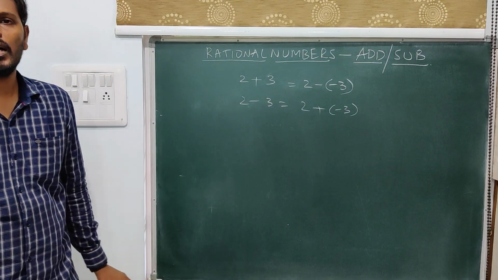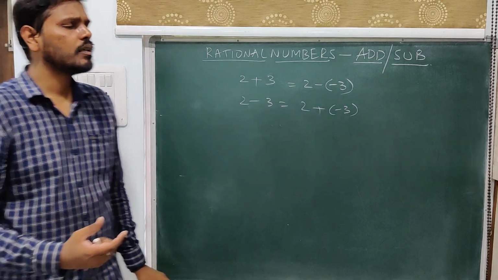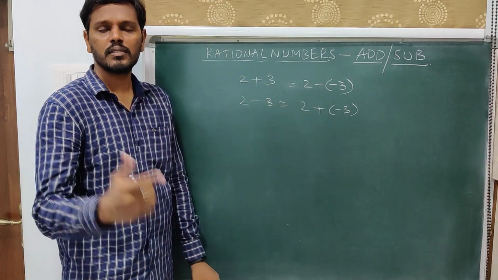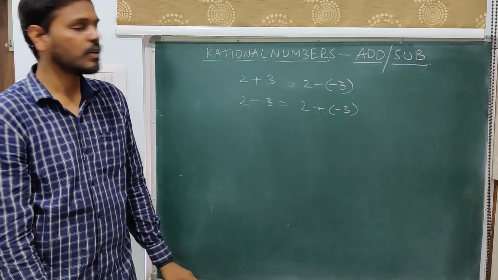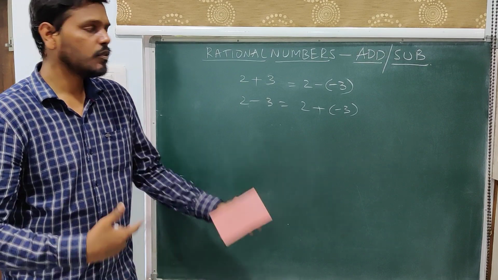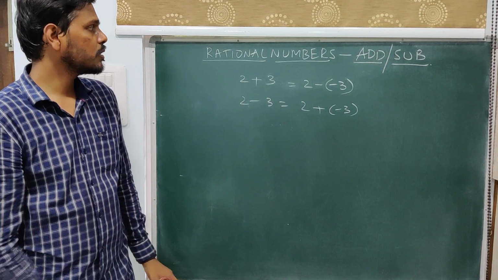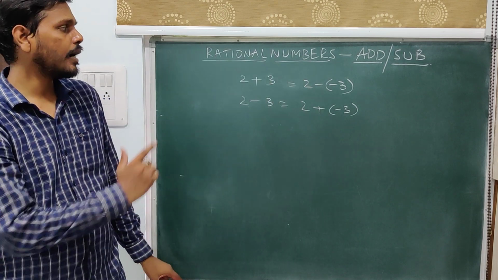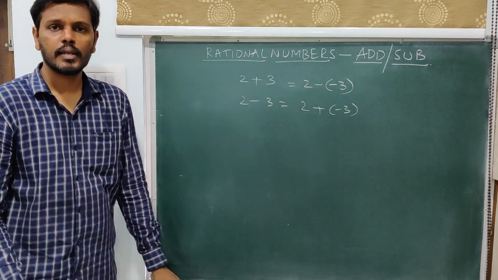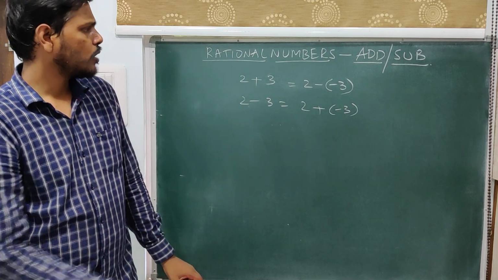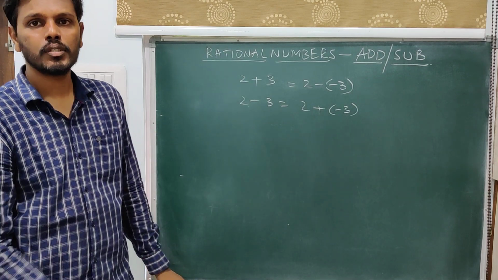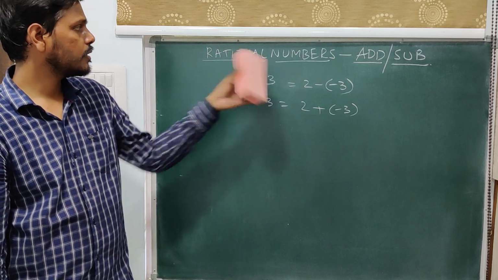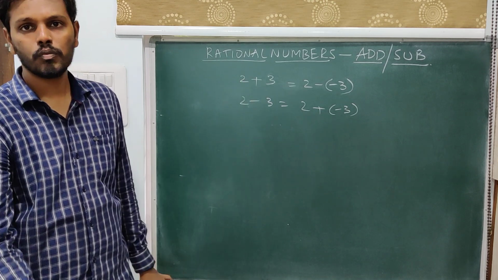You might be familiar with adding fractions. Now here there is a new collection of numbers that we put together in rational numbers, that is the negative fractions, which we have already discussed in the previous session. So before we go into the concept of addition and subtraction of rational numbers, you should have a fair idea of how to add integers, subtract integers, multiply, divide. So I'll take a quick review of addition, subtraction, multiplication, division of integers, and then we move on to rational numbers. So that is what we do today.